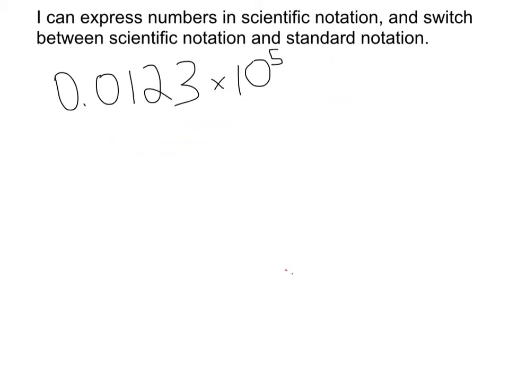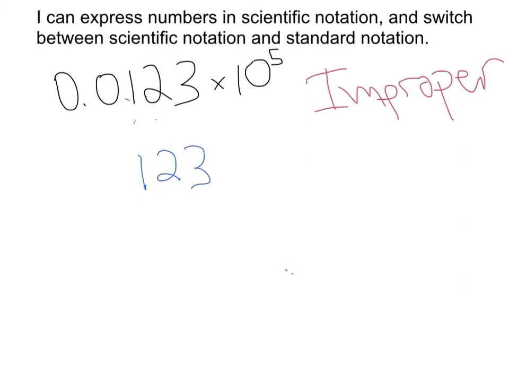For our next example, let's look at this number. This is improper. Why? Because the decimal point is not here. It is actually here. So this is written in improper scientific notation. So how are we going to write that in proper scientific notation? Well, let's rewrite this number, only the significant figures. So that's going to be 1, 2, 3. We might as well copy down the times 10 to the 5,